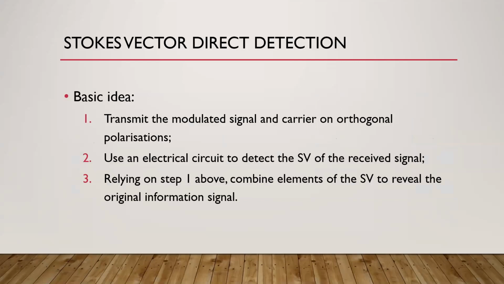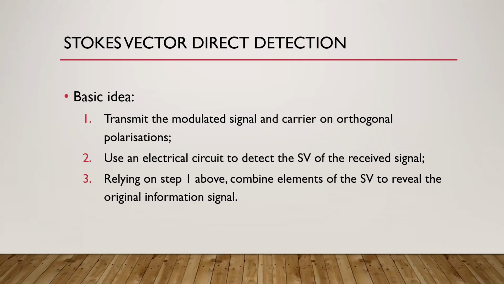Okay, so we have an idea of the different types of polarizations now and how the Stokes vectors describe those. So we'll look at how that's used in this method, Stokes vector direct detection. So the basic idea behind Stokes vector direct detection is that firstly, we transmit the modulated signal and the carrier